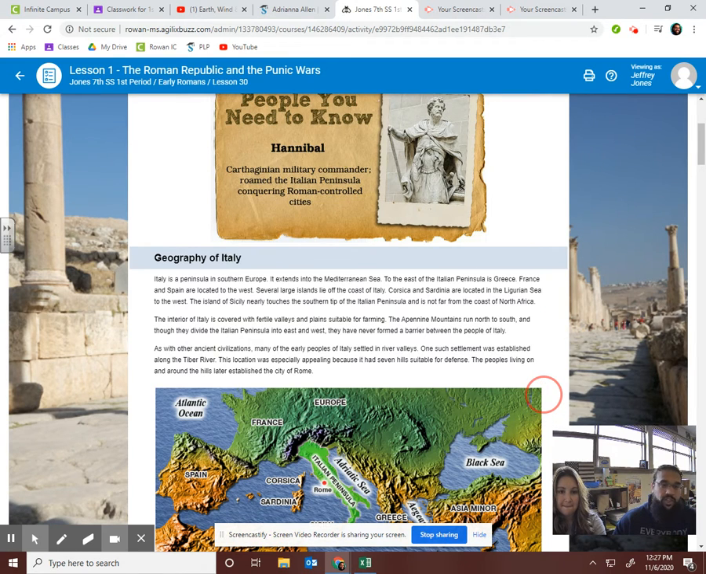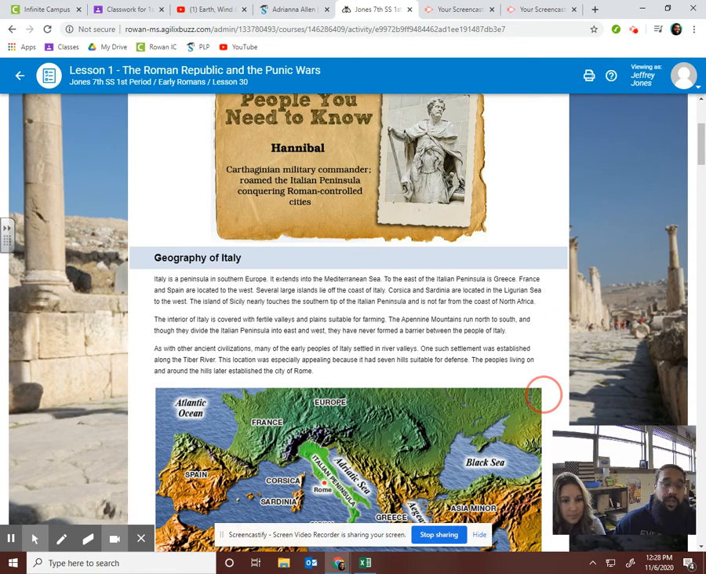We're going to start with section 1, the geography of Italy. Italy is a peninsula in southern Europe. It extends into the Mediterranean Sea. To the east of the Italian peninsula is Greece. France and Spain are located to the west. Several large islands lie off the coast of Italy. Corsica and Sardinia are located in the Ligurian Sea to the west. The island of Sicily nearly touches the southern tip of the Italian peninsula and is not far from the coast